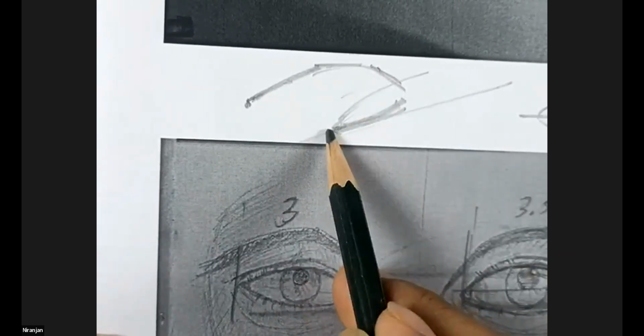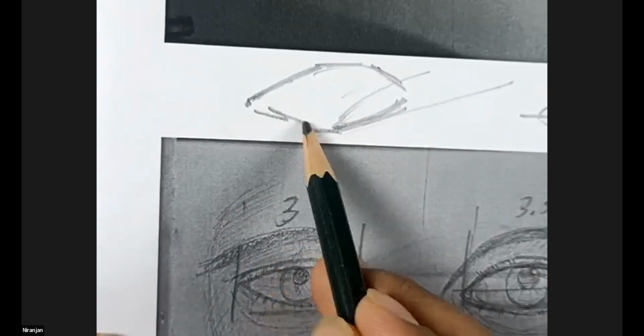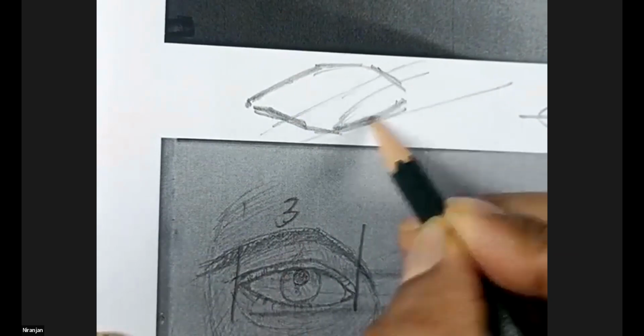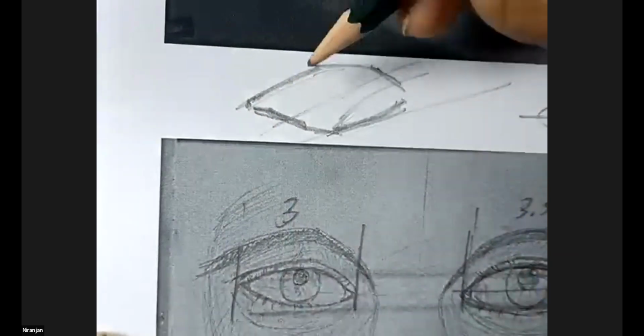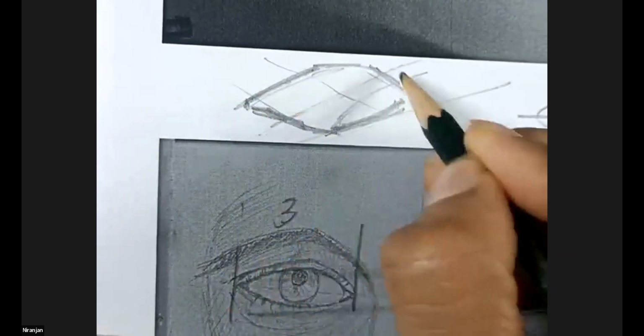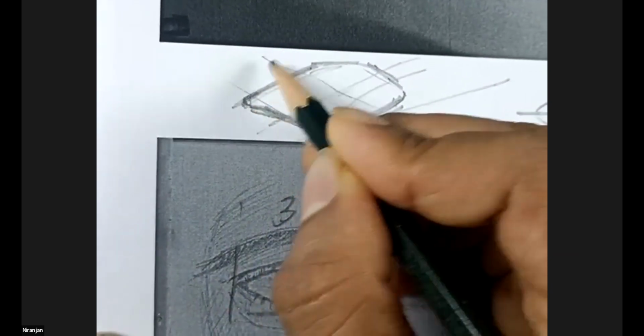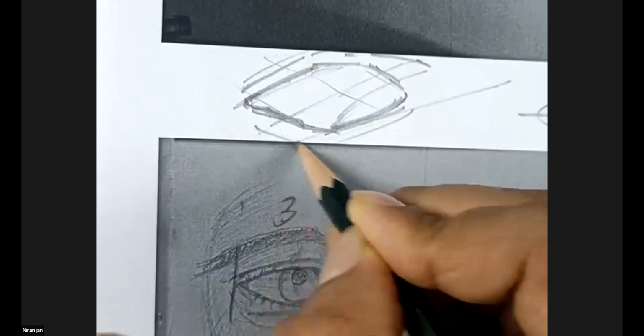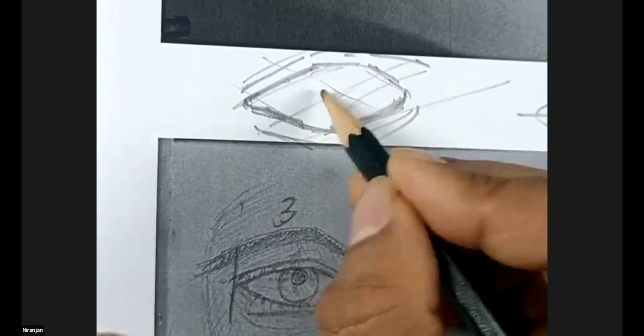Similar to this, this will be long, slightly flat, and a bend leading to the node. See, if you look at the symmetry of the eyes, this part and this part is mirrored. This and this is mirrored. And that is how the eye is going to be shaped. And of course, around this, you have the eye, you have this, you have this, you have the,